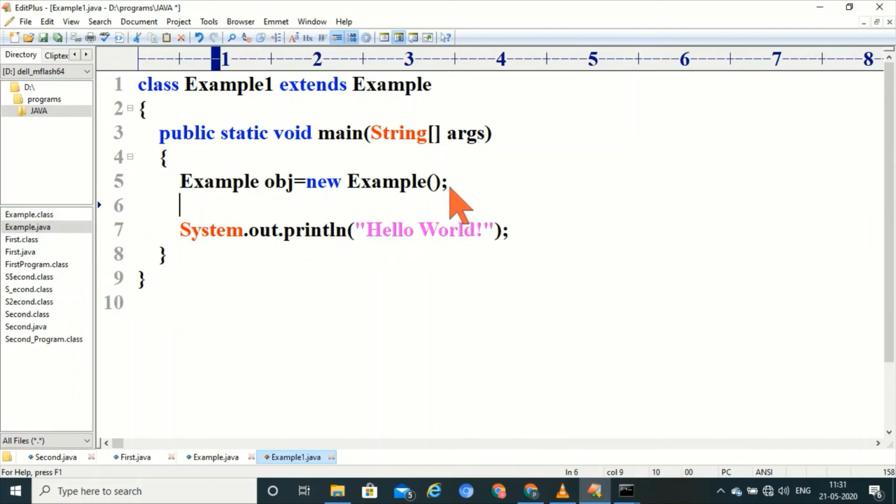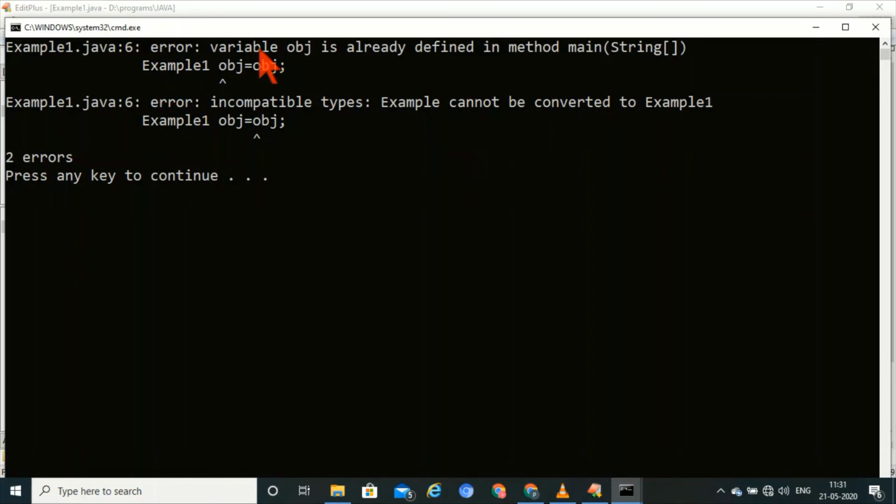If I create object like this, example 1 object equals to, what will happen? It throws error. What is it? Incompatible types.